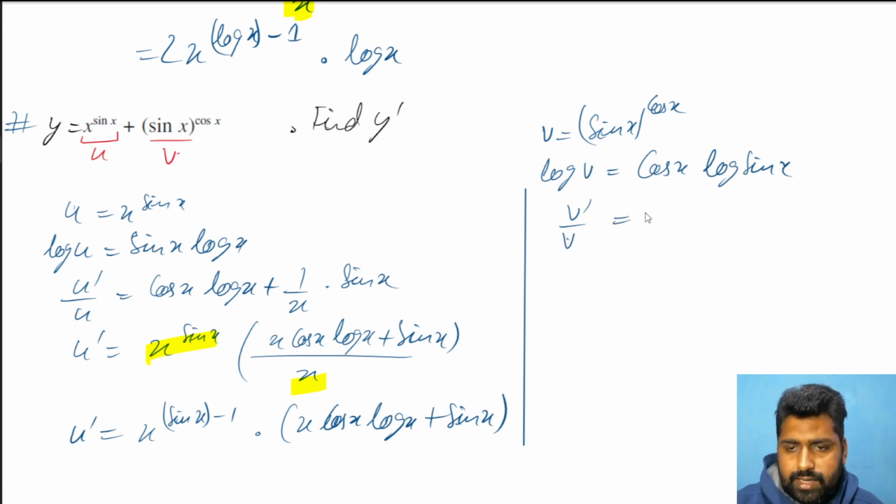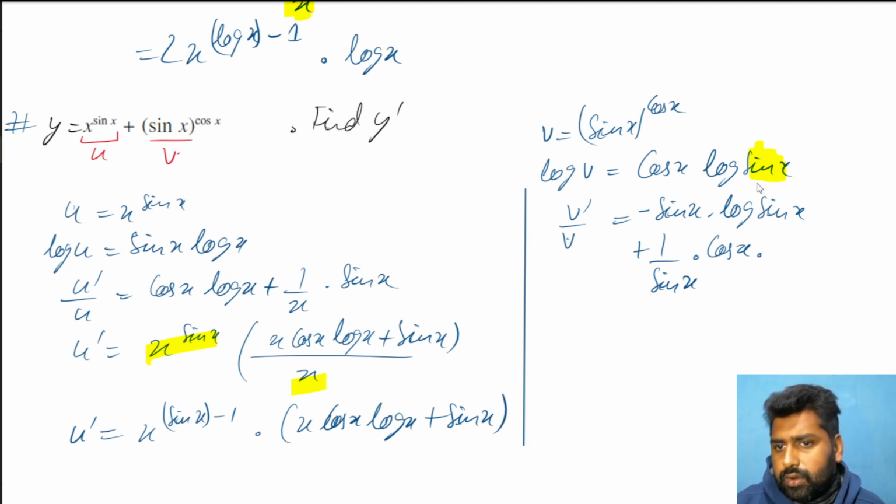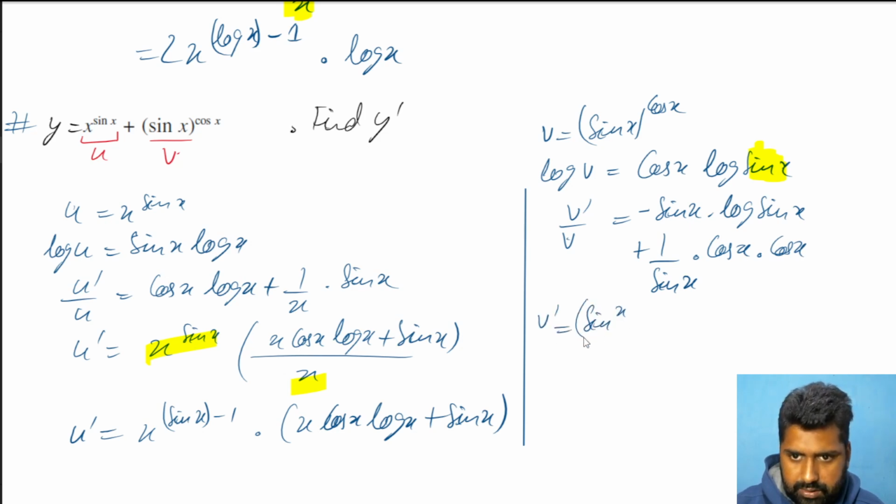Then differentiation of cos x is minus sine x into log sine x, plus log sine x differentiation is, consider sine x to be your z. While differentiating this, consider sine x to be your z. So log z differentiation is 1 by z, meaning 1 by sine x, and then z dash means cos x, sine x differentiation is cos x. That's it. So v dash is equal to v, which is sine x raised to power cos x, into